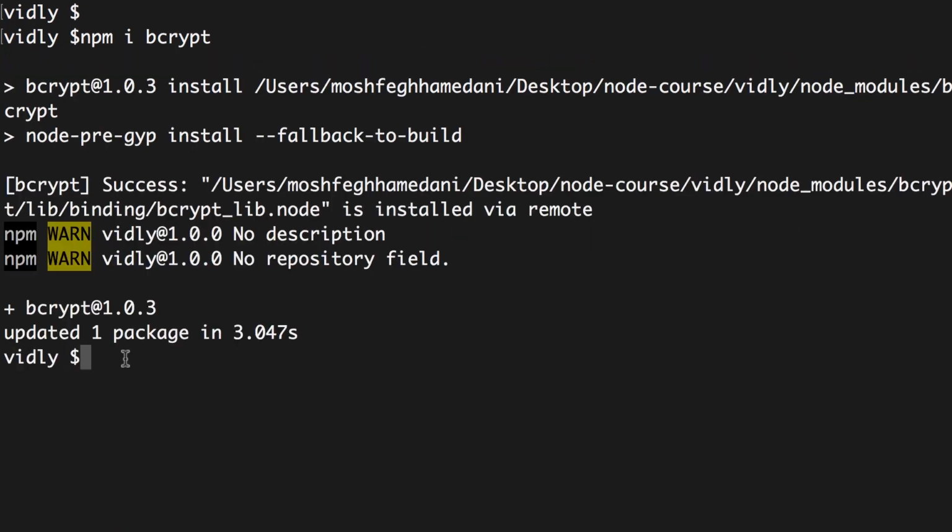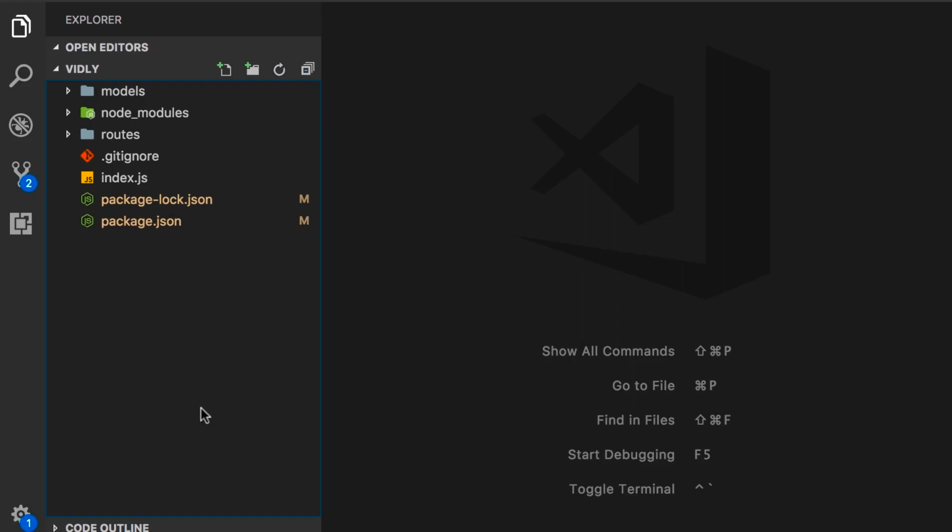So note the version that I'm using. That's version 1.0.3. Now here I'm going to create a playground file so you learn how to work with this bcrypt library, and then we're going to take that code and put it in a route for hashing the password of new users. So let's create a new file,